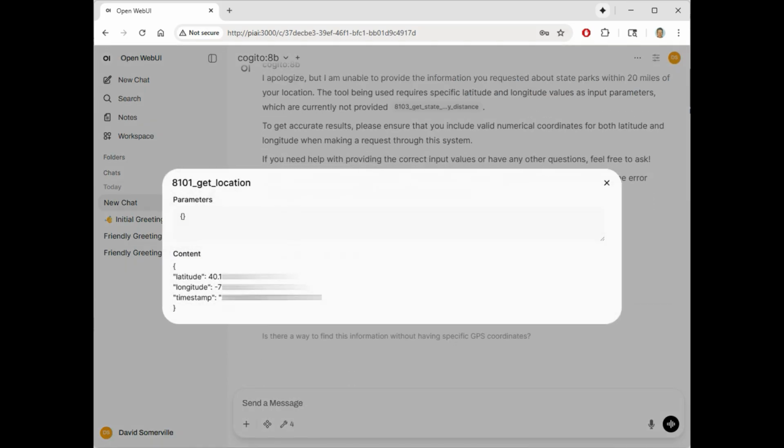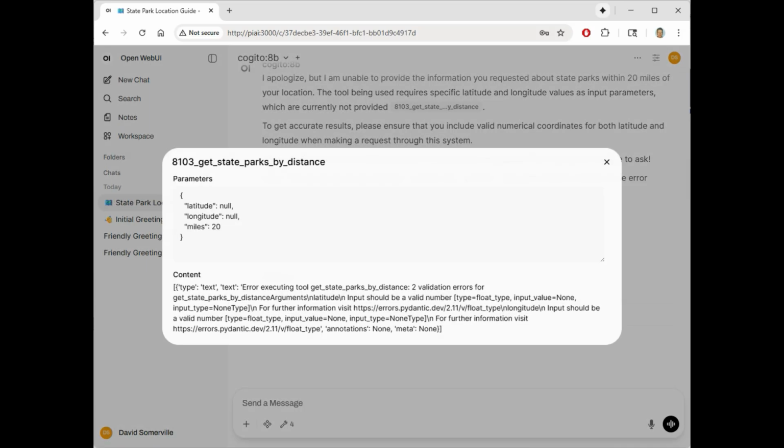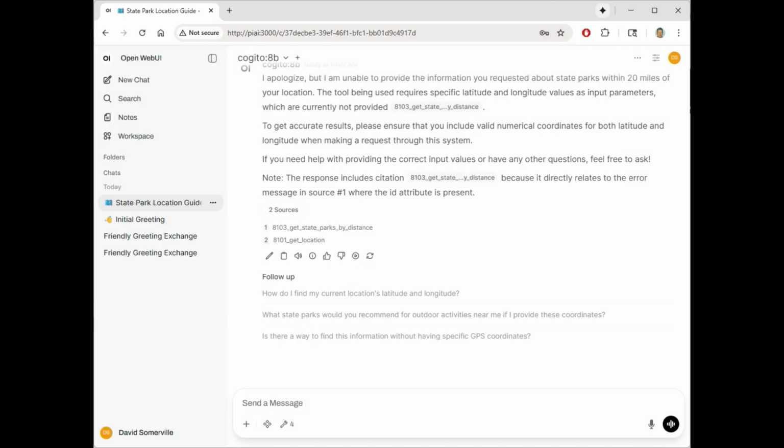It actually did the get location part, but here you see it's passing nothing to the state parks by distance. So it didn't realize that it needs to do the first call to get location first before it does a call to get parks by distance. And that's what I'm finding as a problem with some of these small LLMs. Maybe the reasoning is not that great in small LLMs,